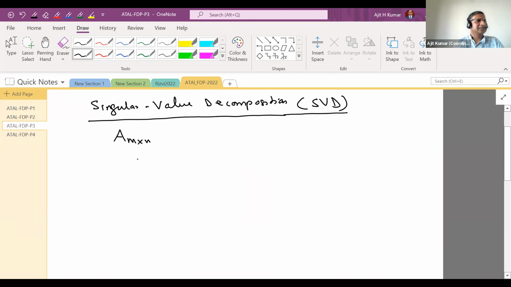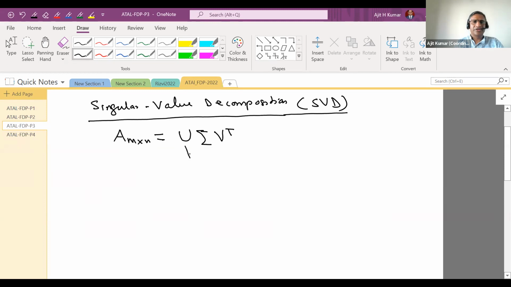Then you can split this as a matrix U times a matrix sigma times V transpose,